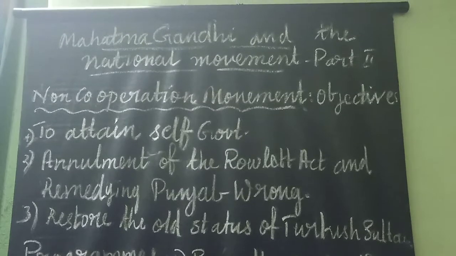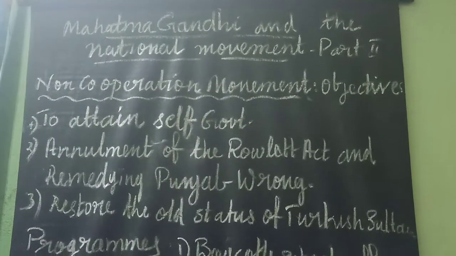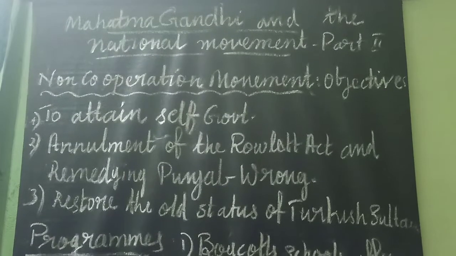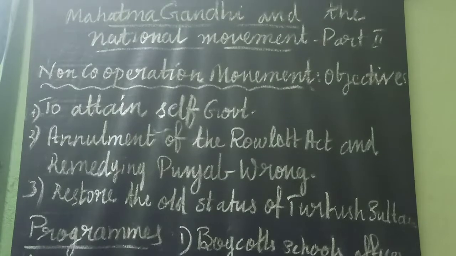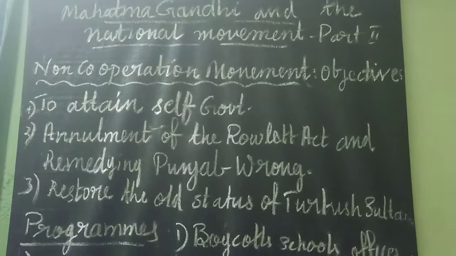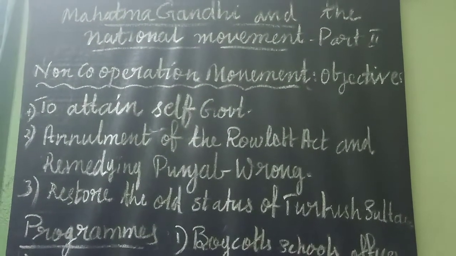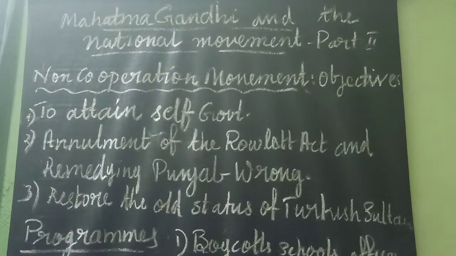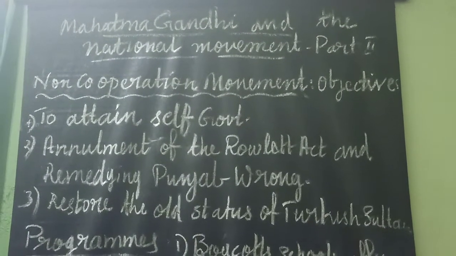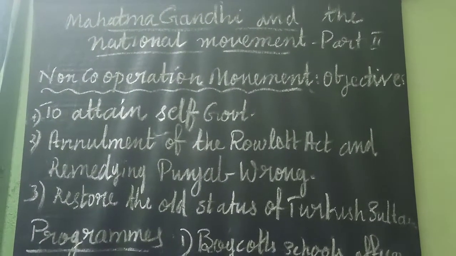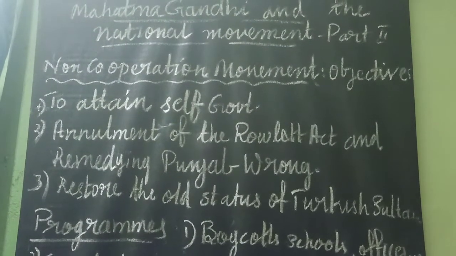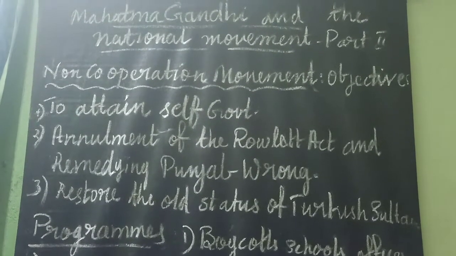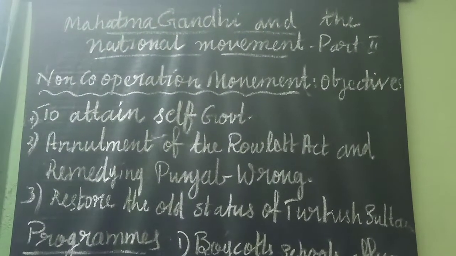Okay, a special session of the Congress held at Kolkata in September 1920, and a special resolution was adopted. And what was that resolution? Accepting the non-cooperation movement. All the Congress leaders, that means Indian National Movement leaders, decided to follow the policy of non-cooperation. The regular session of the Congress at Nagpur in December 1920 ratified this resolution.